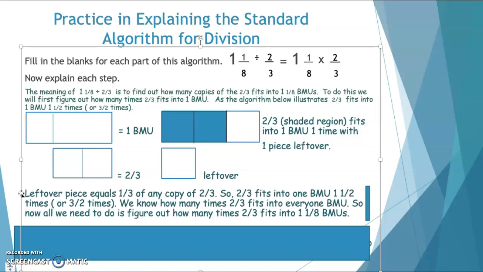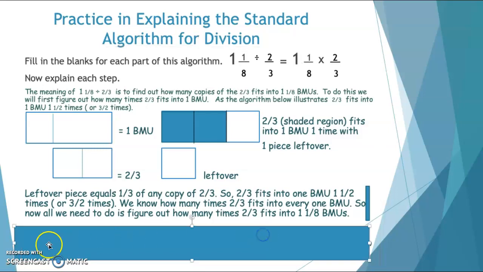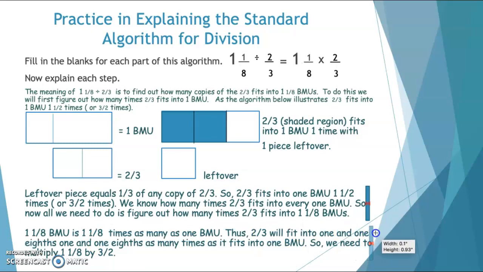We now know how many times 2/3 fits into every 1 BMU. So now we all know, all we need to do is to figure out how many times 2/3 fits into 1 1/8 BMU. Why is that? Because 1 1/8 BMU is 1 1/8 times